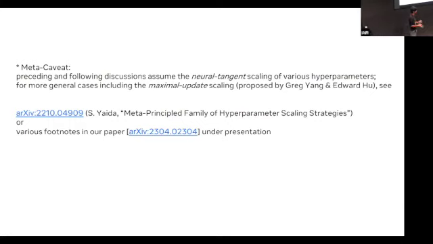But I should mention, because you're a field theorist, that one thing that comes up with this analysis is that this mu parameterization is an intrinsically strongly coupled theory. For the neural tangent one, if you take a large width limit, you approach a free theory, and you can do perturbation theory on it. There's neural tangent, maximum update, and an interpolation between them. Anything except the maximum update, if you take the width to infinity limit, always becomes free. But this one doesn't become free.